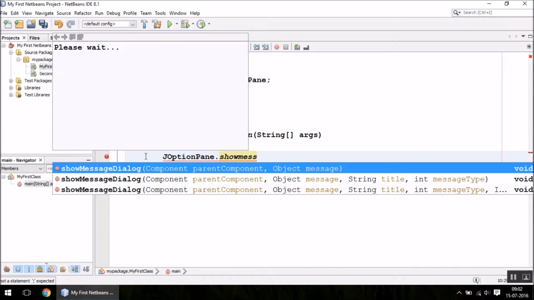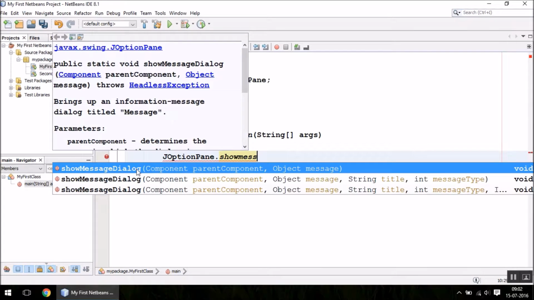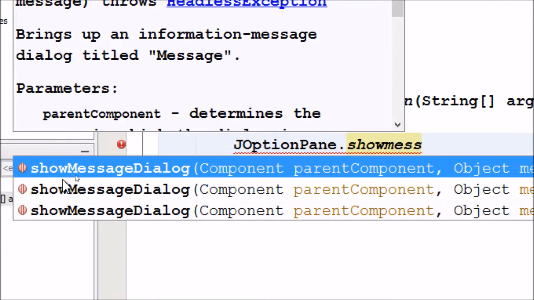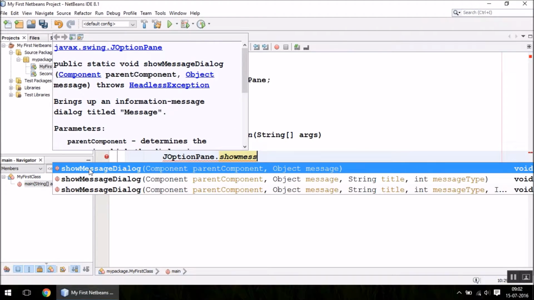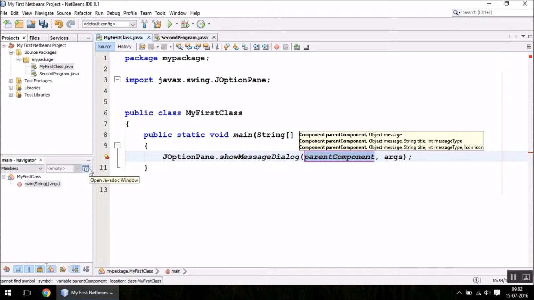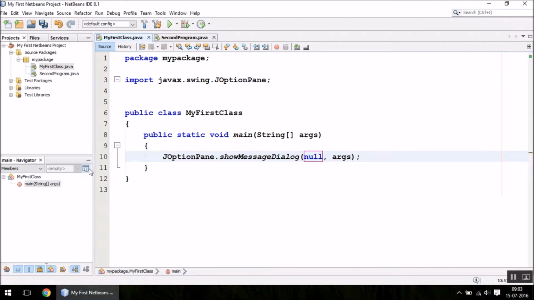As you can see, it filters out the results, and here I have the method which I want. So instead of typing it as a complete thing, I can simply press enter key and it will type the rest for me. And we can of course make some changes to make it complete. Like I want to display a message hello, so I type hello, and that's it, the program is ready.